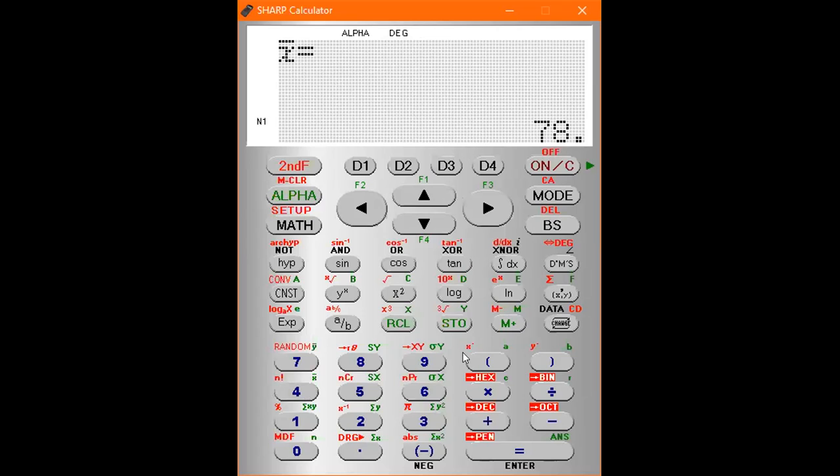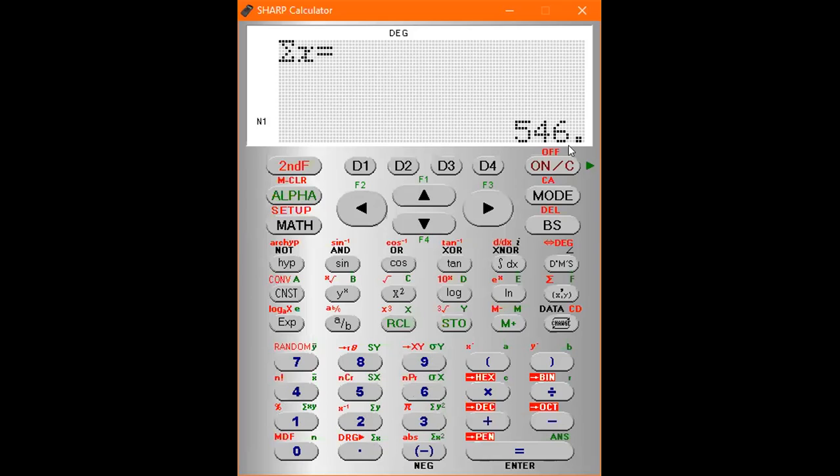If I want my standard deviation, alpha 6 and equals, and there we go. If I want to know how many observations I had to check that I've typed in the right amount of data, then it's just alpha and my 0 button. So you can see everything here is a statistics thing in green. So you just press your alpha key and whatever you are looking for, the sum of x and equals, and there you go. Okay,